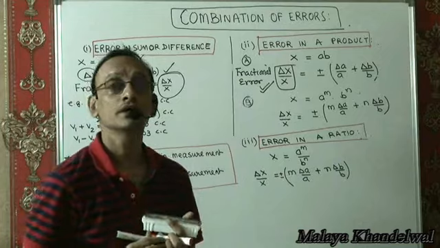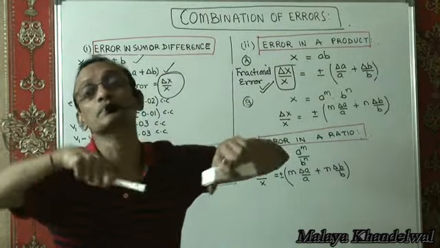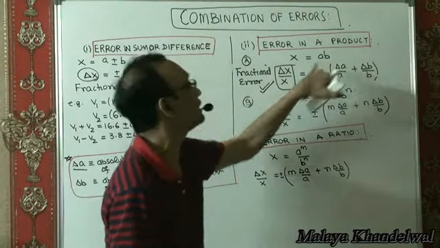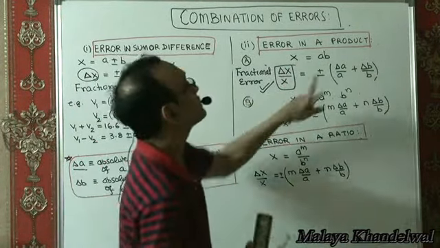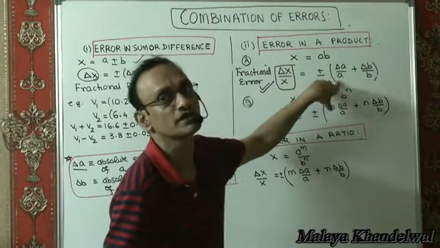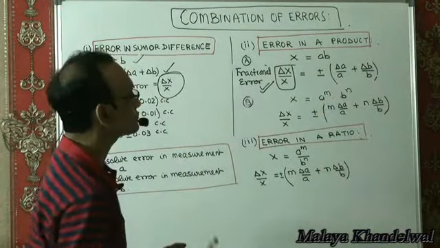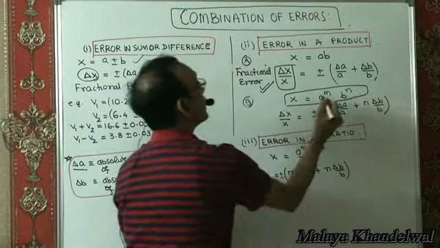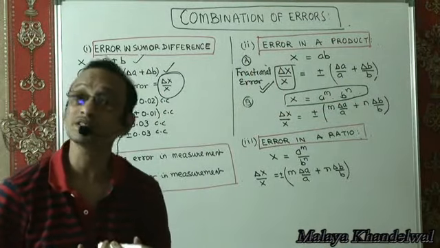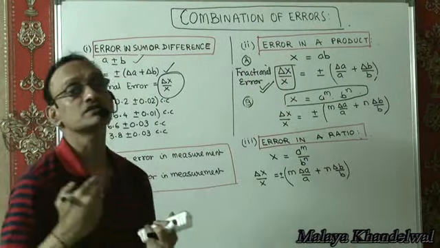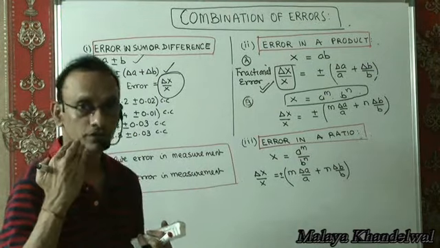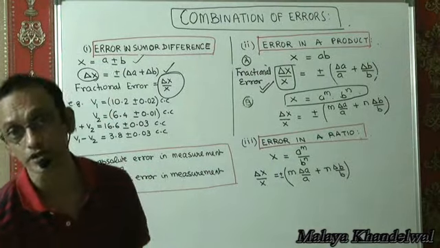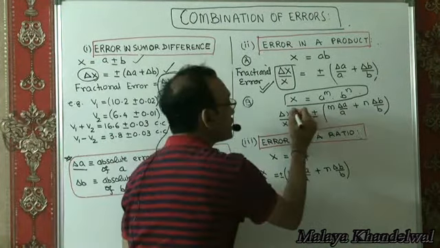X is not measured. A and B are measured, but X is computed. So if X is computed and we have knowledge of fractional errors of A and B, then the fractional error in X could be sum of the fractional errors in A and B. Then X could be a product of this kind: A to the power m into B to the power n. Once again, delta A is the absolute error in measurement of A, and delta B is the absolute error in measurement of B, then the fractional error in X,